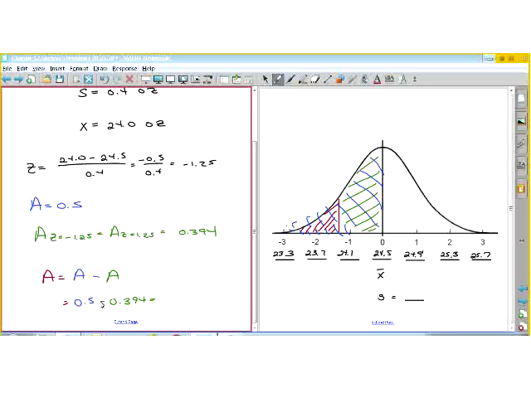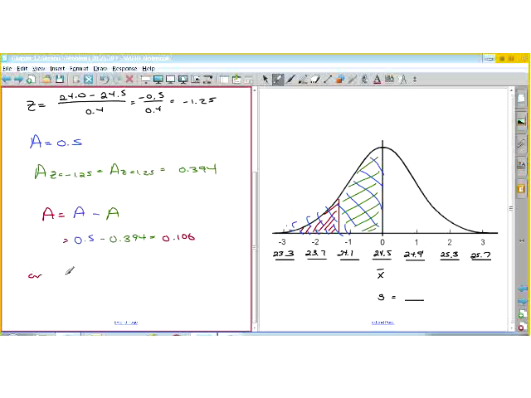You take that difference, 0.5 minus 0.394, which is 0.106. So that's the difference, which is the red area, 0.106, or 10.6% will be